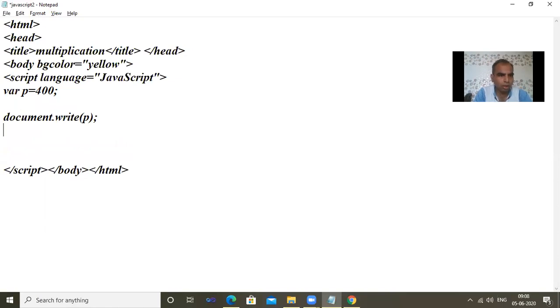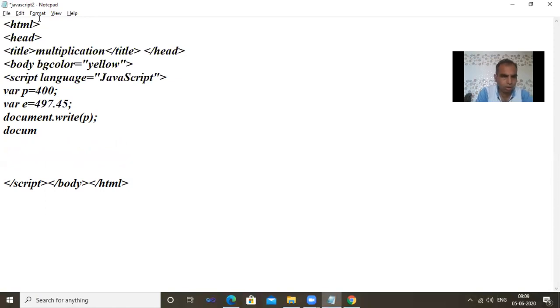Another variable E 497.45, document dot write break, and then plus E, file save.